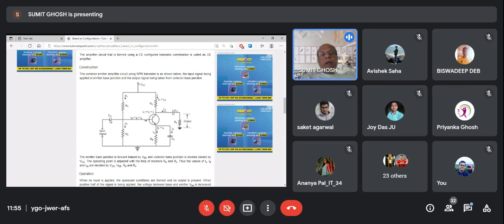If this capacitor was not there, then the DC of the previous stage would interfere with the DC of this stage, and biasing will be disturbed. We have discussed biasing, no? Biasing, stabilization, all these things we have discussed, and we have seen how biasing is very important. If there is no capacitor, then biasing will be disturbed because of the circuit of the previous stage. Similarly, if you don't have a coupling or blocking capacitor, then this will load the next circuit stage. So this is the function of these coupling capacitors or blocking capacitors.